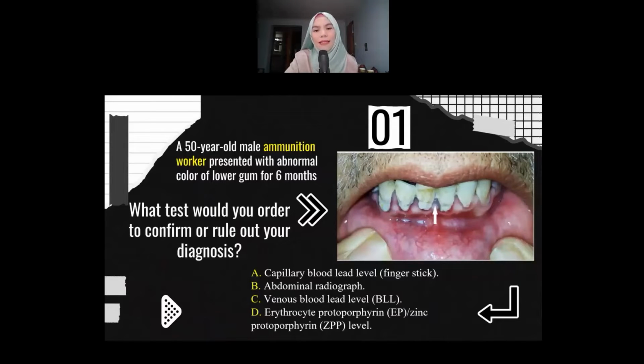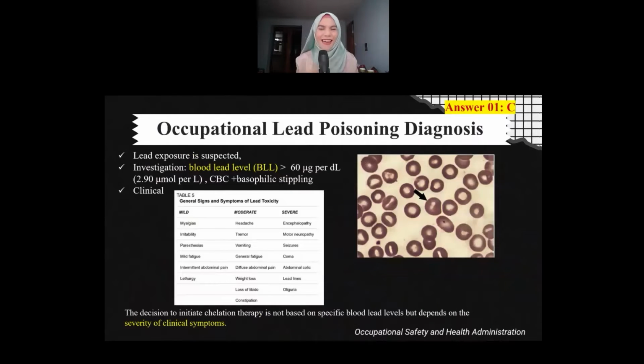A. Capillary blood lead level from finger stick. B. Abdominal radiograph. C. Venous blood lead level. And D. Erythrocyte protoporphyrin or zinc protoporphyrin level. The answer is C. The diagnosis is lead poisoning. How to diagnose? First, very important, is lead exposure history. Second, investigation: blood lead level is more than 60 micrograms per deciliter, and peripheral blood smear will show